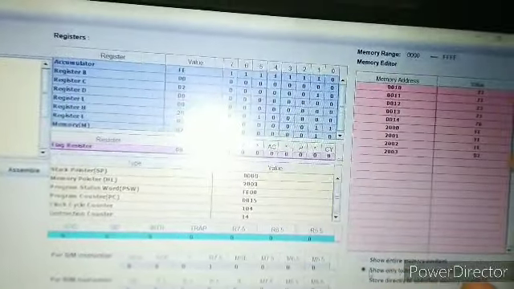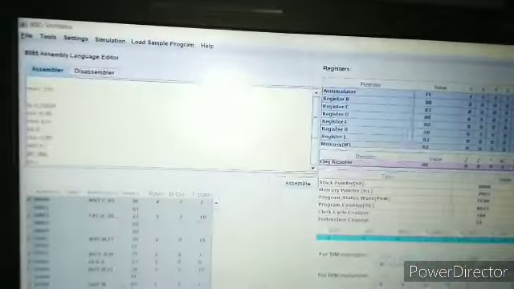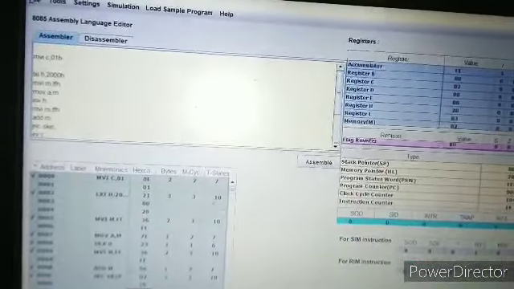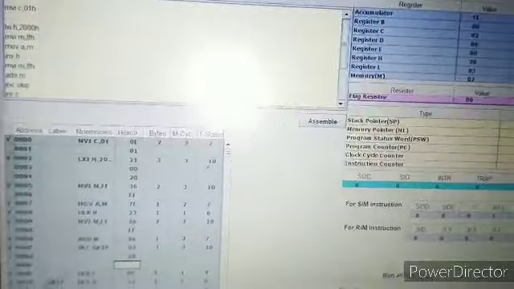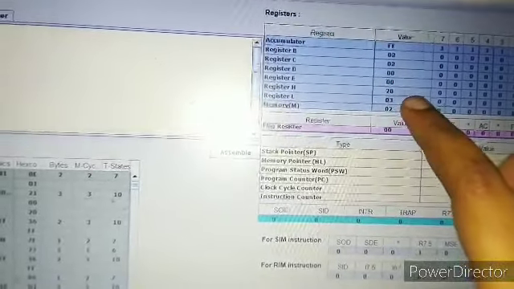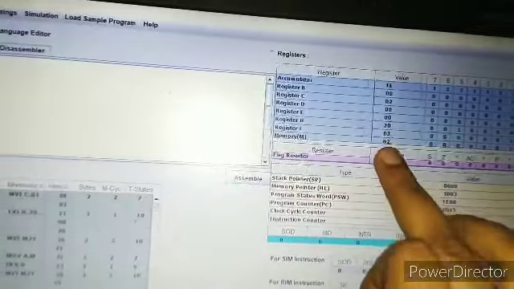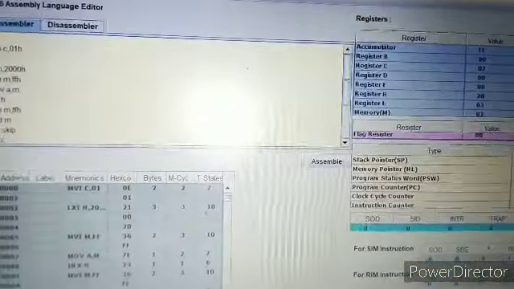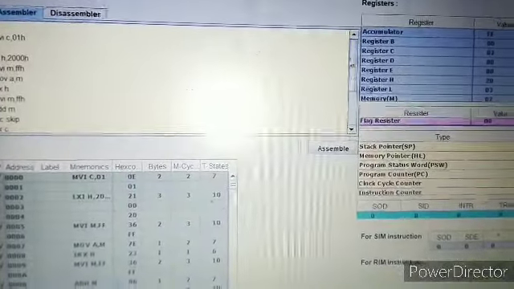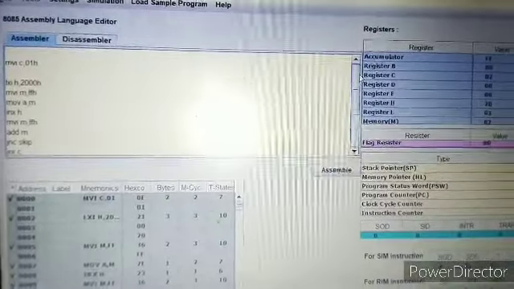Just because in a memory address the value 00 can't be shown, I've taken 01. You can take any other value as you want. So now you can see that my memory pointer is at 2003 and my HL is also at 2003, and memory is holding the data 02 because the carry is 02, and right now I'm storing the value of the carry at M. So this is how we can use a memory pointer to perform addition.